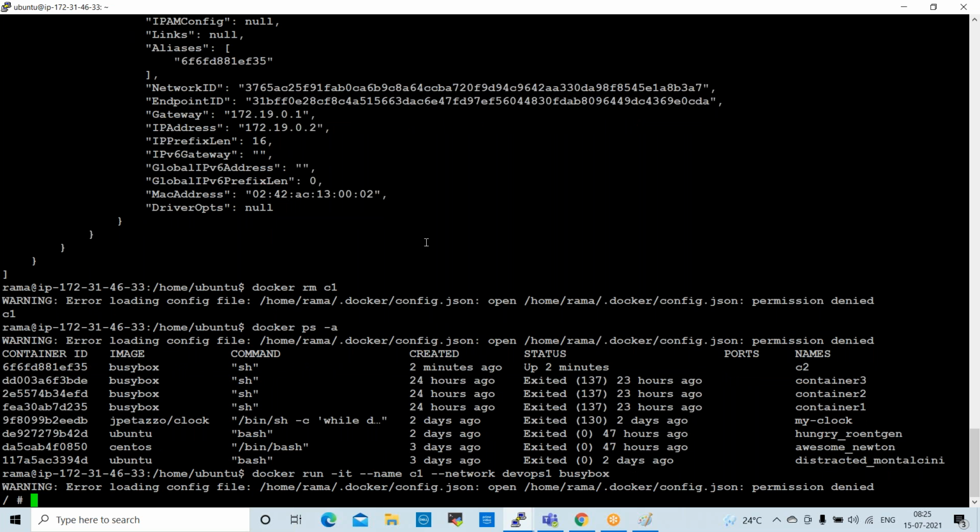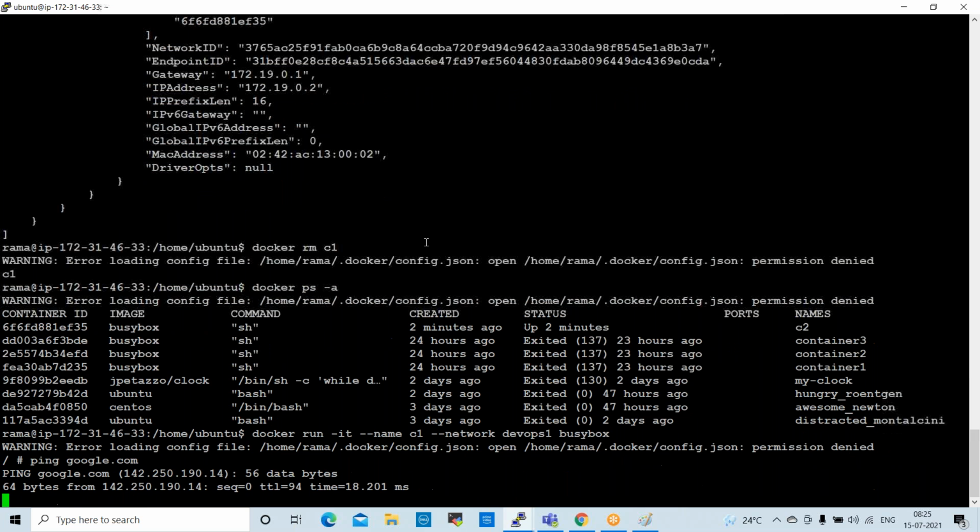Enter. Now it is created, right? Fine. Ping google.com. So two containers we created.